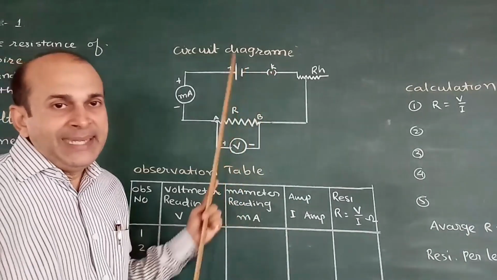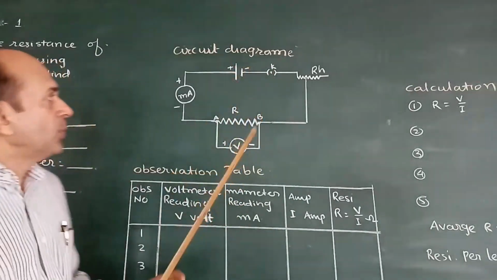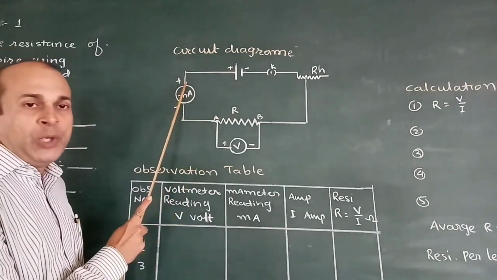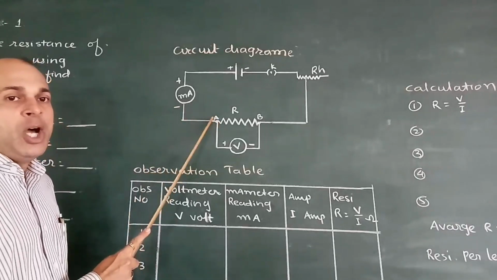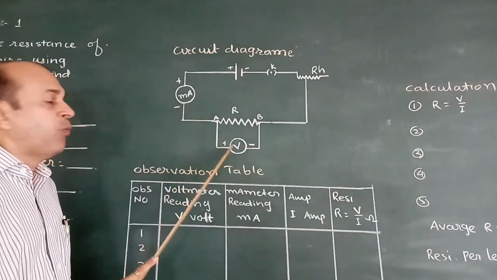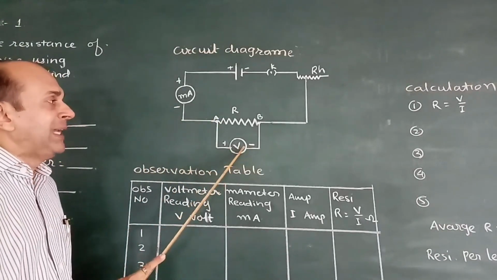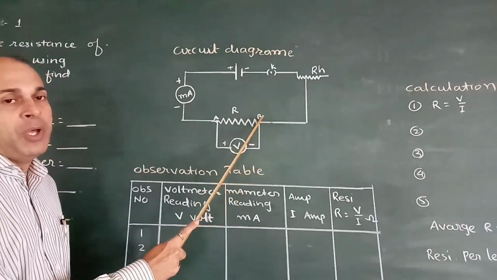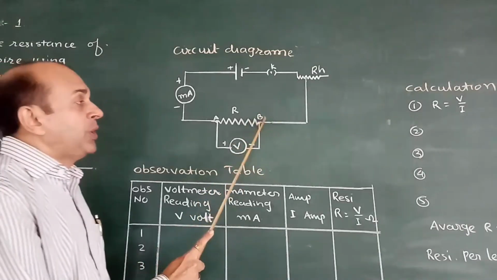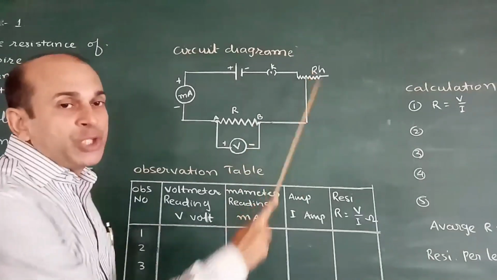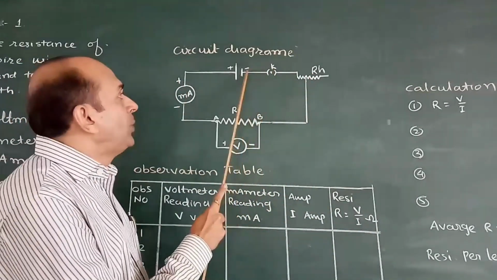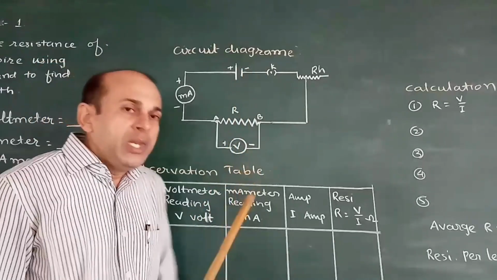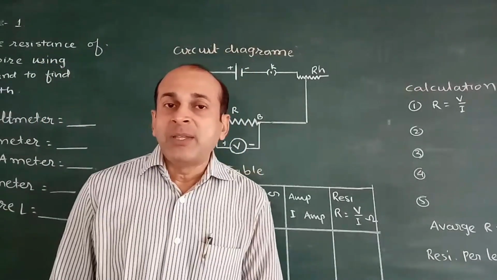and the rheostat to the simple key K, and the simple key K to the battery negative. Again I am repeating. Battery positive to the current meter positive, current meter negative to the unknown resistance, same terminal to the voltmeter positive, voltmeter negative to the B terminal of the unknown resistance, B terminal to the rheostat, to the key, simple key to battery. Now let me connect the circuit and start the experiment.